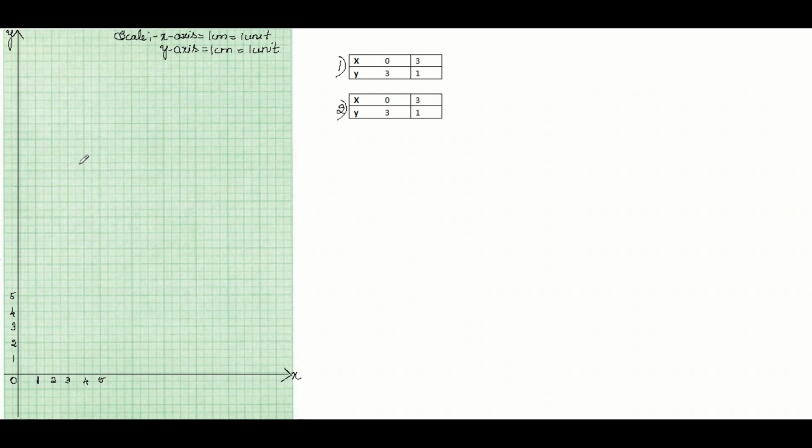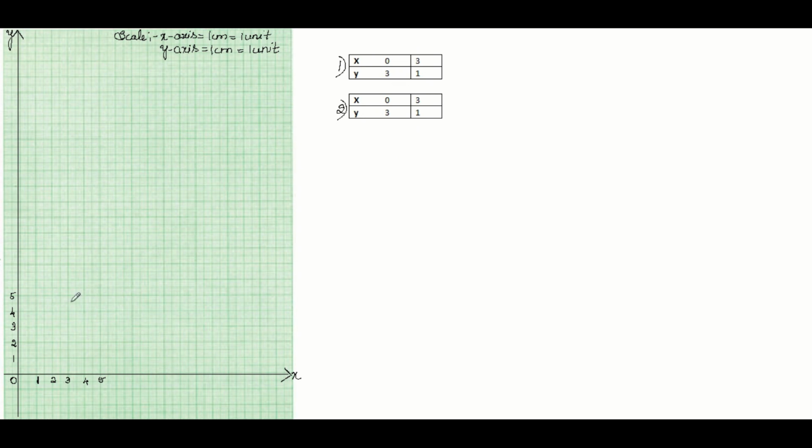The graphical part of the second problem: here the points we obtain are (0, 3) and (3, 1). The maximum point is 3 itself, so I have taken two more numbers. In the x-axis the maximum point is 3. I have taken 1, 2, 3, 4, 5 at 1 centimeter distance, and again in the y-axis the maximum is 3 itself. I have taken two more numbers here. Everything is a positive number, so this is the positive x-axis and this is the positive y-axis.